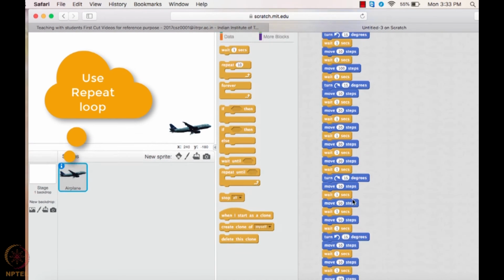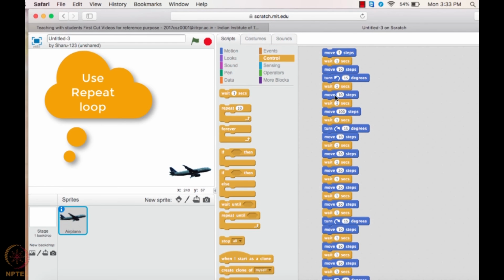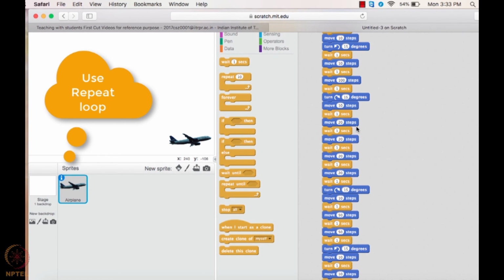So for the repetitive instructions we'll just group them in one loop. I'll just use the repeat loop here. For example, here we have move 5 steps, then wait, then move, then turn, then wait, move, then move by 100 steps, then wait. So we can't insert a repeat loop here because here we are moving by 10 steps and in the next step we are moving by 100 steps. Then turn, then move,